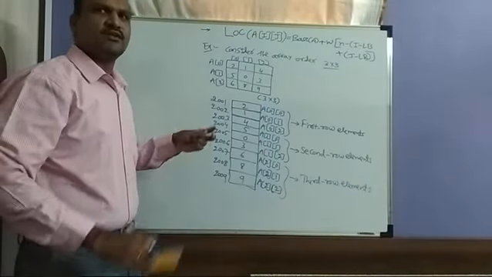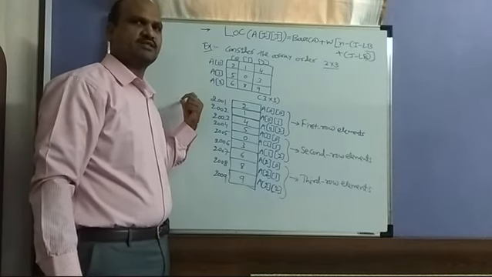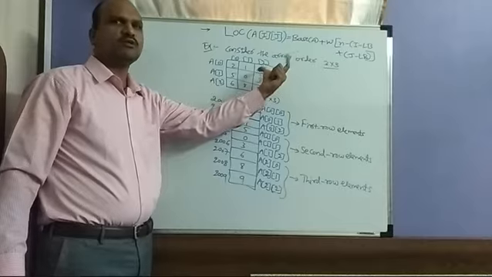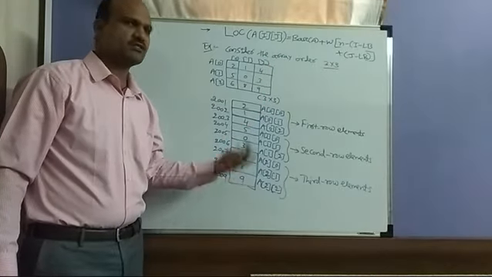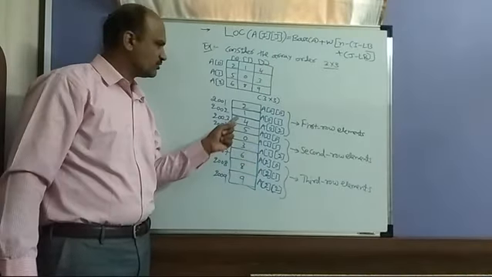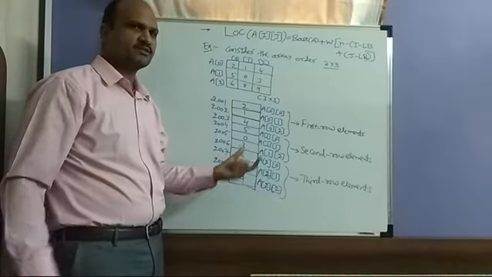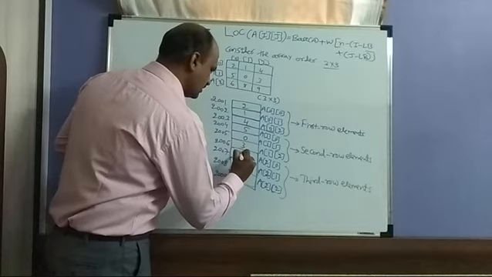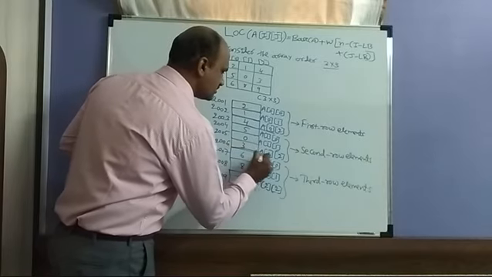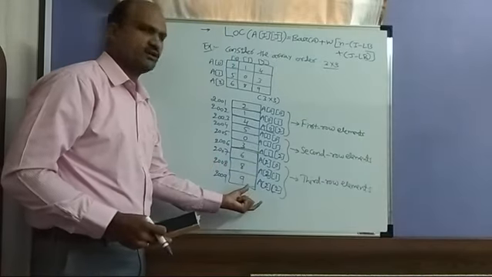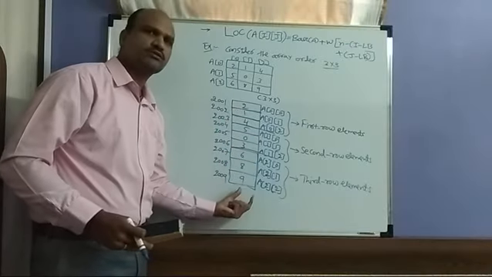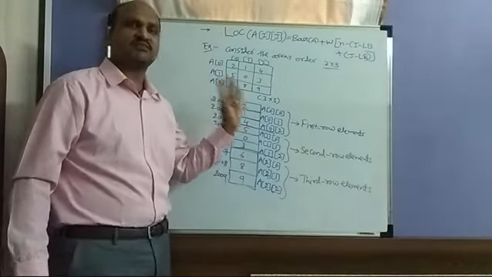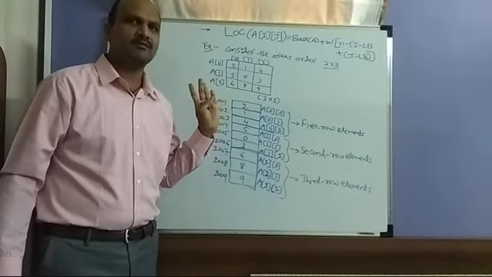So like this, if you have a number of elements present in your array, here the order given is only 3 by 3. If it is more, then the elements will increase with the order. So this is how we have to represent. Up to this it is the first row, then up to this the second row, then the third row. So first row, second row, third row.